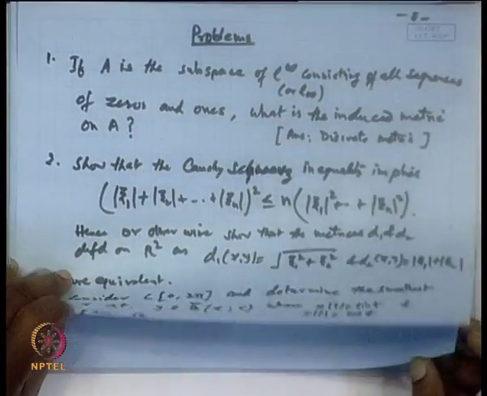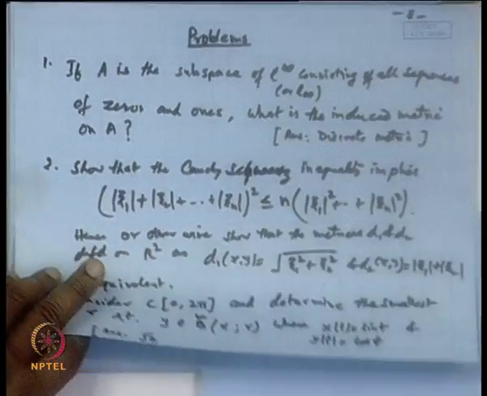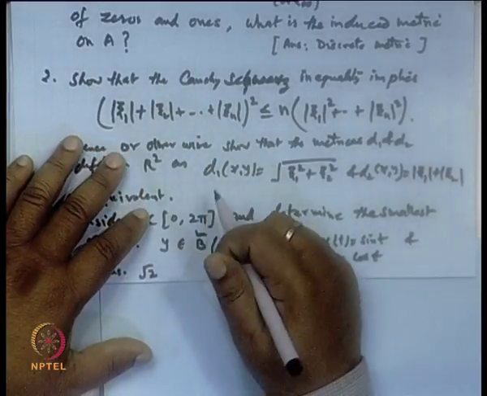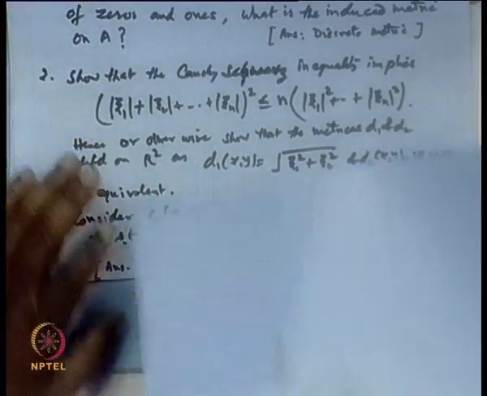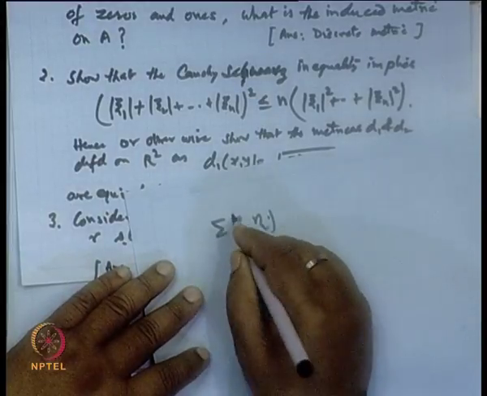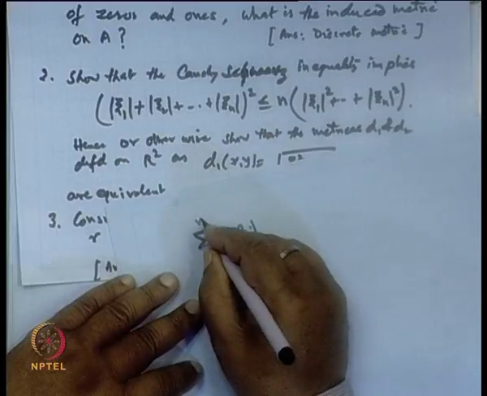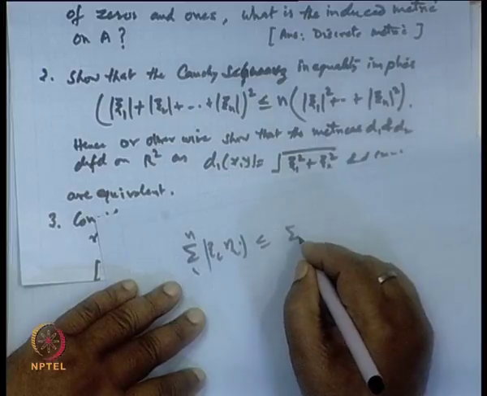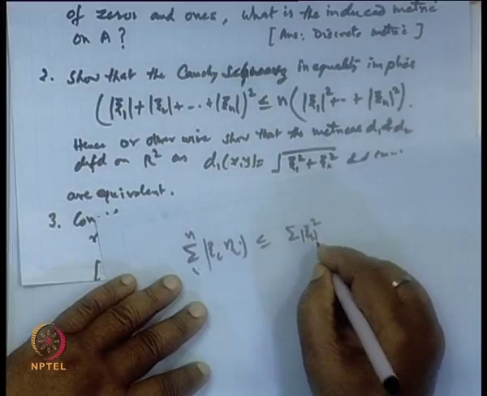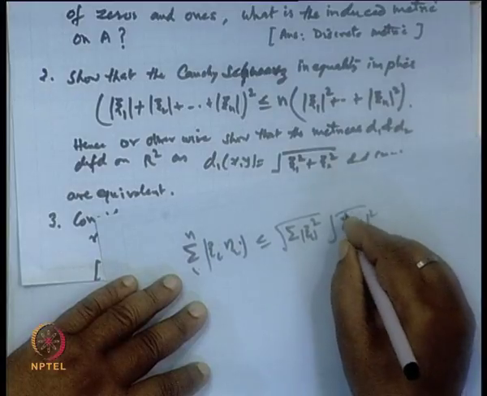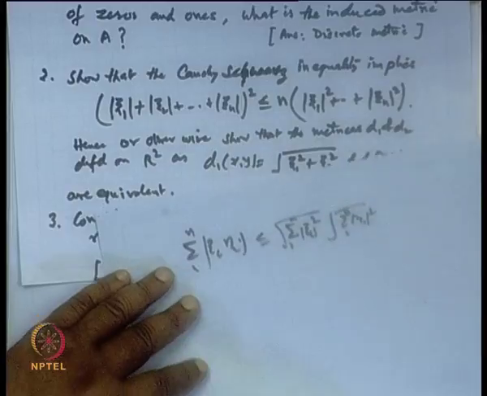Then the second example is, so that the Cauchy-Schwarz inequality implies this. What is the Cauchy-Schwarz inequality? Do you remember? Sigma xi_i eta_i, i from 1 to n, suppose, is less than or equal to the square root of sigma xi_i squared times the square root of sigma mod eta_i squared, is it not? Clear?